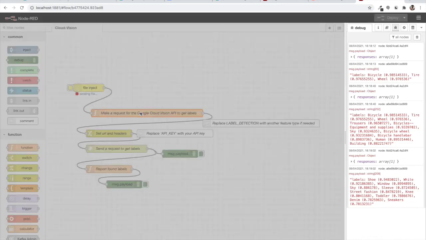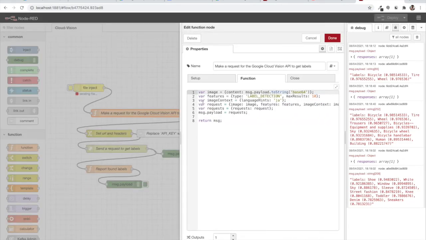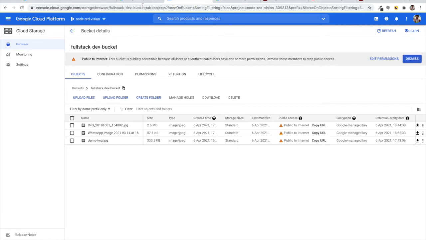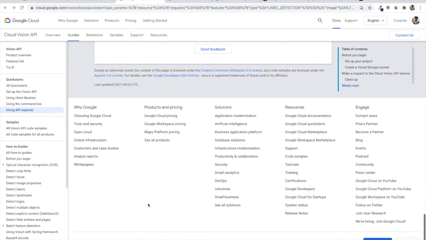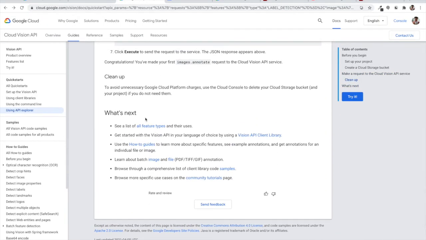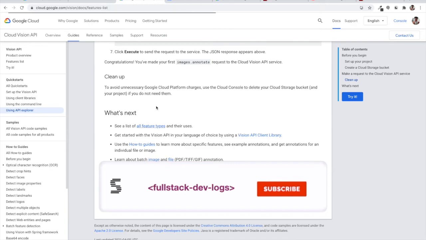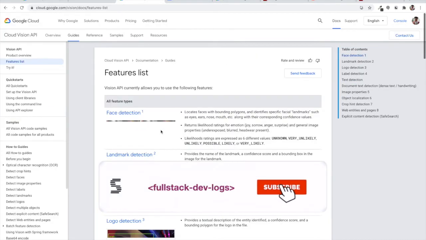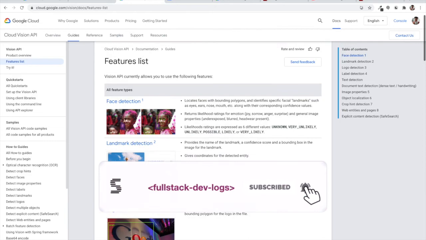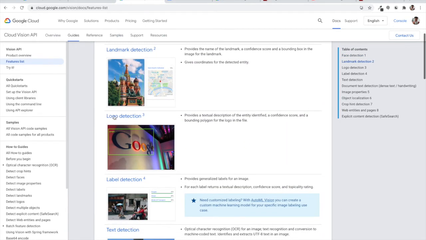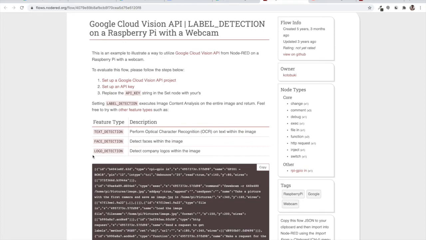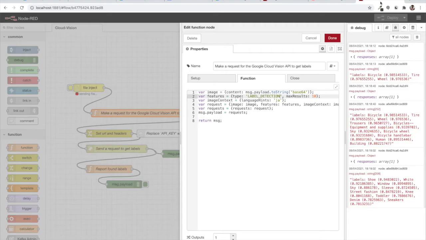Now for the fun part, we will come back to this function, and instead of label detection, we want to know what different kinds of features we can use. So let's go to the API Explorer tutorial or the set of steps, and you will see all of the feature types we have available. We have face detection, landmark detection, logo detection. Let's try logo detection, which we can use with LOGO_DETECTION.